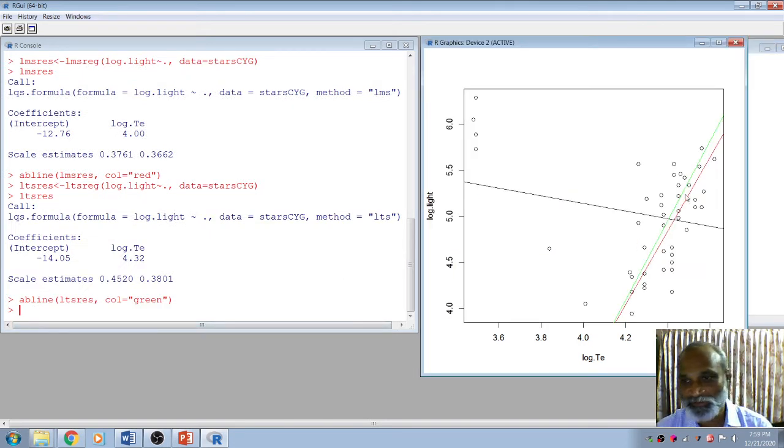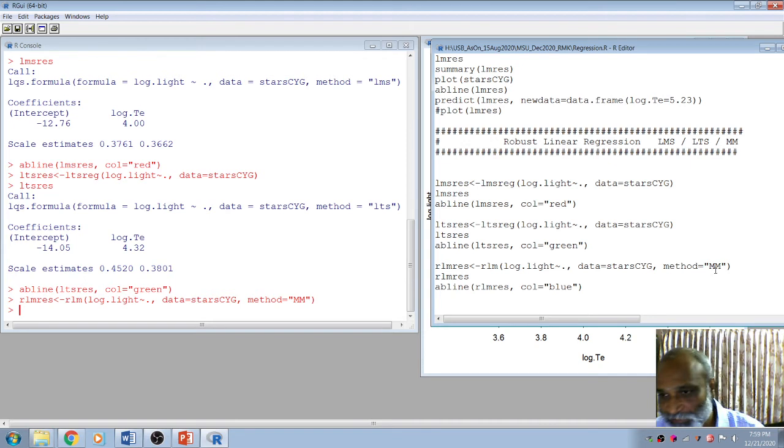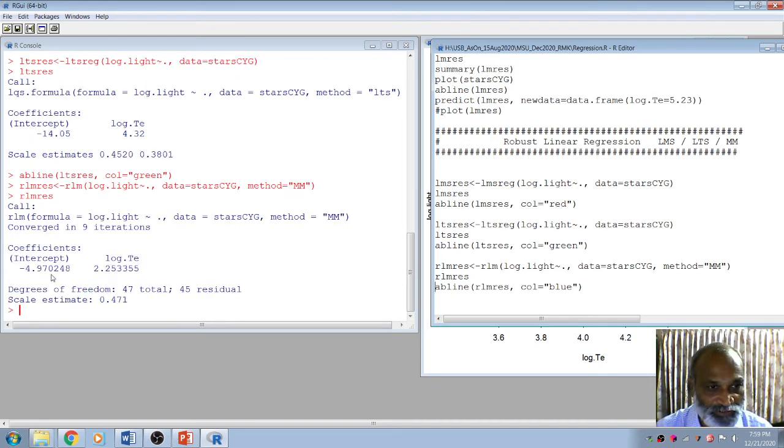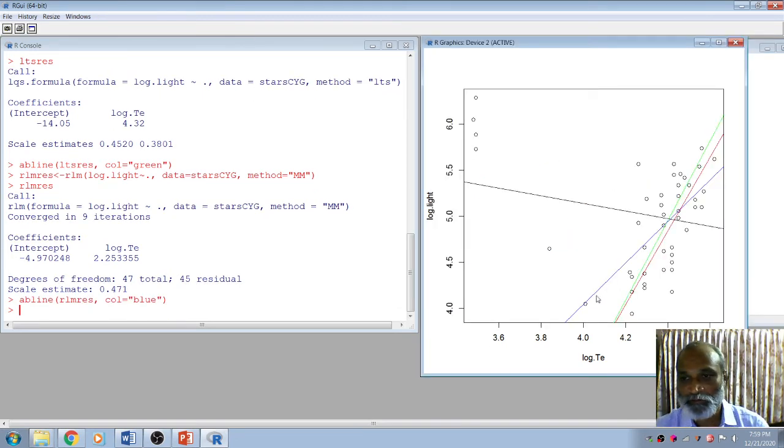So you see this is your least square regression. It's the green straight line, right? So this is also fitted well when compared to LS. Then one more thing, the robust linear model. Using the robust linear model, I use the method. So you see that regression coefficients are, this is the intercept, minus sign. Then again you fit the abline. You see here, this blue color. So this is method, this is LTS, this is LMS, this is your LS.